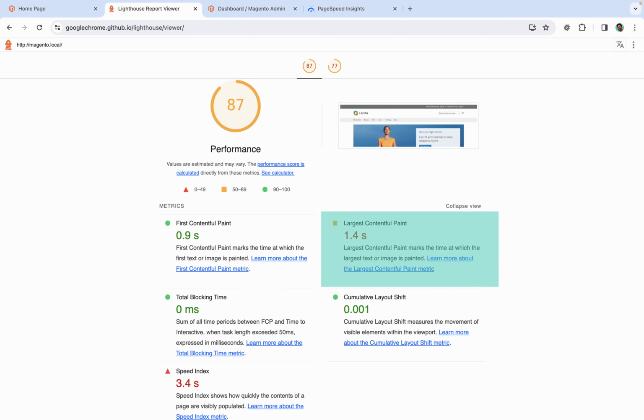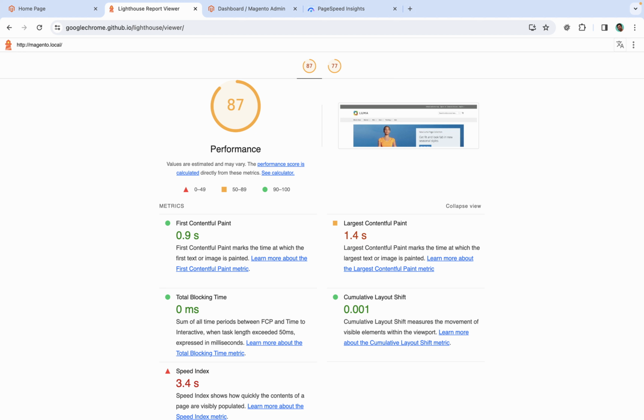The next measure is Largest Contentful Paint. This is basically the time taken to show the largest element on the page. So let's say we have images, text and many other things in the website. The element which takes the longest time, let's say one banner is taking the longest time on the website, the time taken by that banner to be visible is called Largest Contentful Paint.